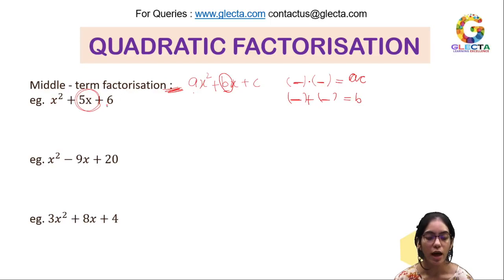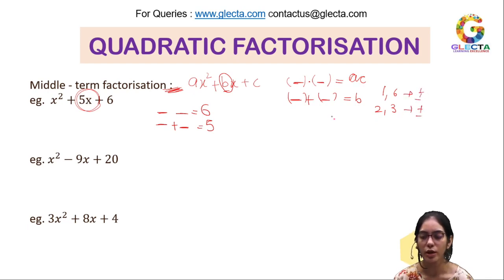Okay, working here with the example, what is the coefficient of x square? It's 1 and the constant term is 6. So we have to find two numbers multiplying which we get 6, and the sum of those same two numbers we get 5. So what are the factors of 6? We have 1, 6, 2, 3, I guess these are the ones, and the negatives of all these as well.